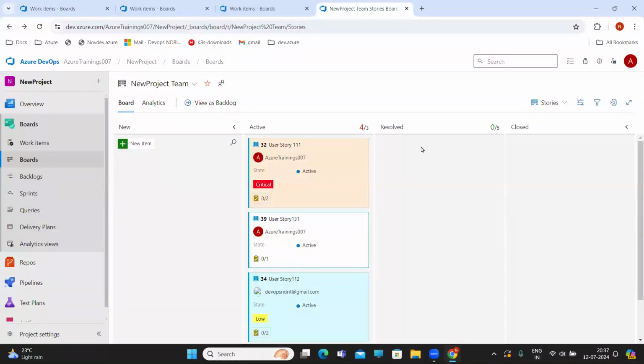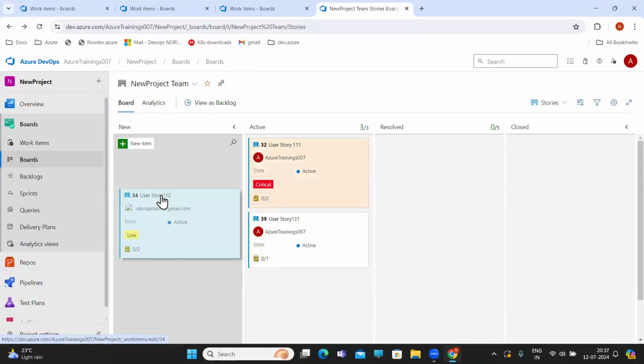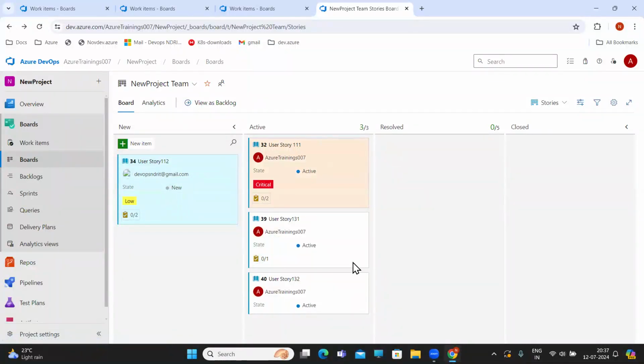That means it is giving an indication that something is not okay. So immediately I can take some action. Something is wrong, please look into it. So that is the indication. So you can define all these things. As per my policy, I'm supposed to have only 3 active work items here, but I have more. So I'll just move it back. 3 to 3. Okay,